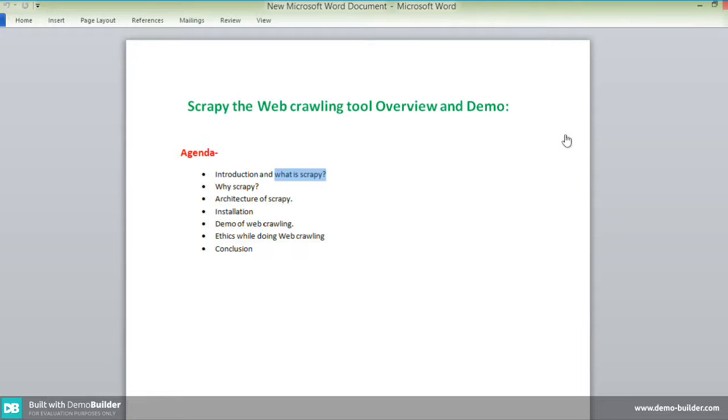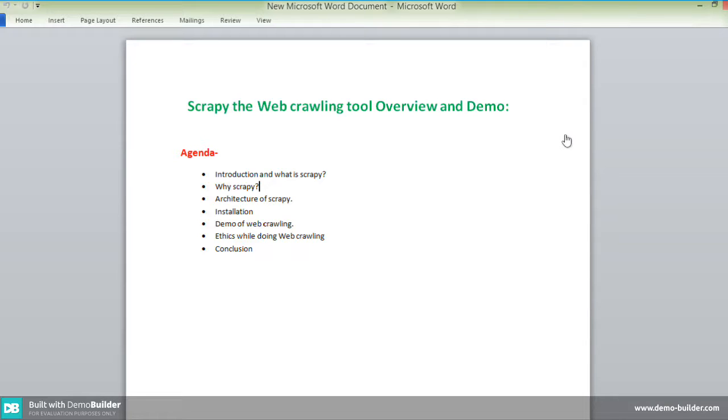We just finished scraping and crawling, and now let's move to the next agenda: why we use Scrapy. If you Google web crawling and web scraping tools, there are a lot of tools available. So why do we choose Scrapy?